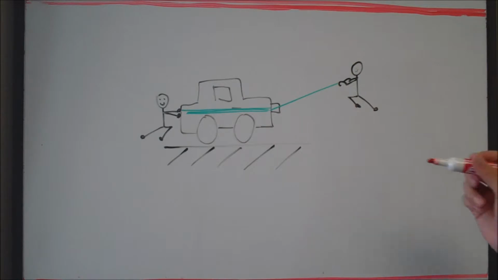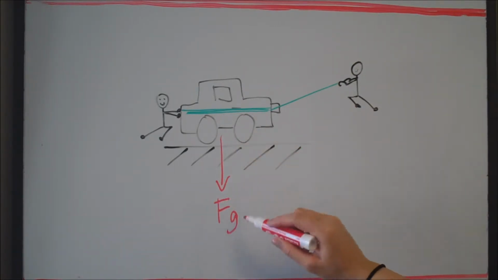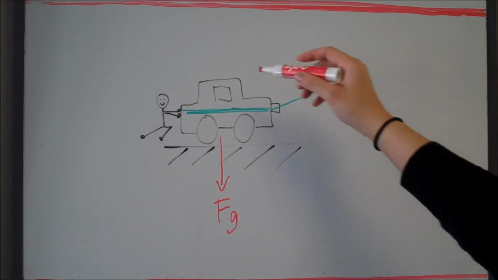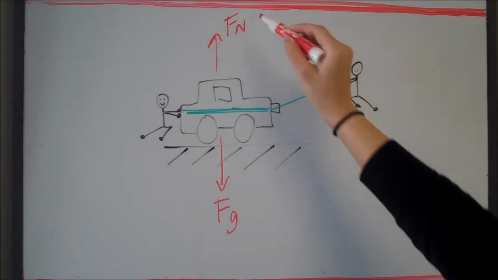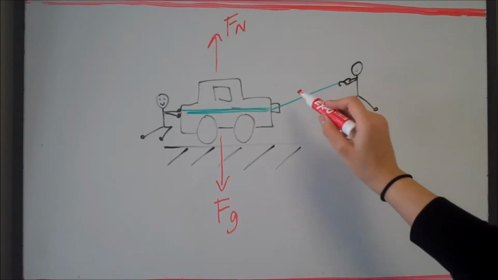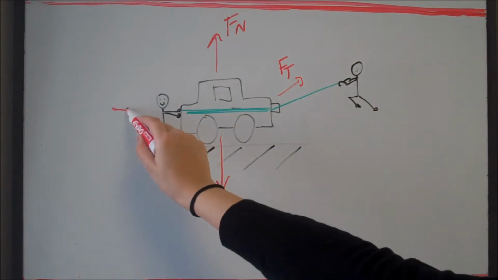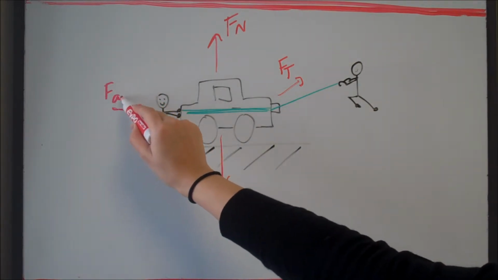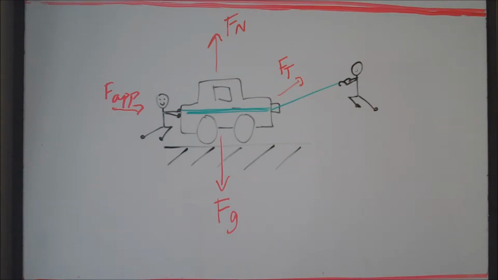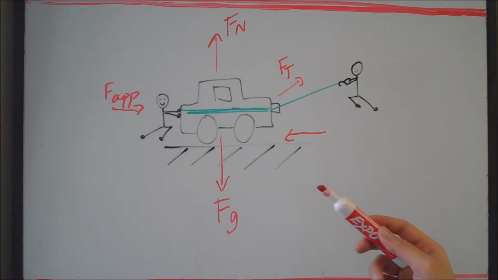Here we have a car that has some weight, so we have some gravitational force. And every time we have a gravitational force, we also have a normal force, because if the force is not balanced, the car would just fly up or fly down. And here we also have someone that's pulling the car, so we're experiencing some tension force. And we have someone that's pushing the car, so we have an applied force here. At the same time, the car is also experiencing frictional force, and the frictional force is always opposite of the applied force.